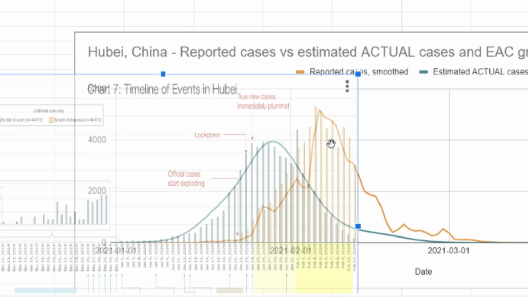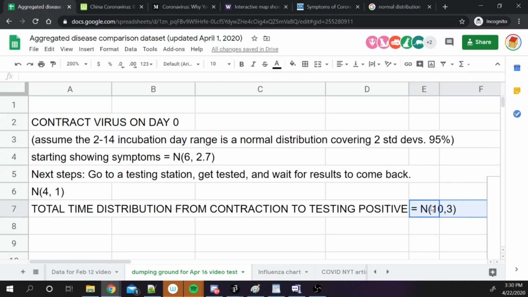I'm not sure why the orange line doesn't match up with the bars perfectly because it is the actual news, but whatever. The blue estimation line though, sometimes it seems like it jumps the gun and is a couple days ahead of the actual data, like it is in the lower part of this rise, and sometimes it seems like it's behind by a couple days in the later half of the rise, and then the descent looks pretty spot on. So I think this is as close as we're going to get. I did do a bit of tweaking, so having the mean be 11 days was an option, but it didn't match as closely with the data, so I changed it to 10.